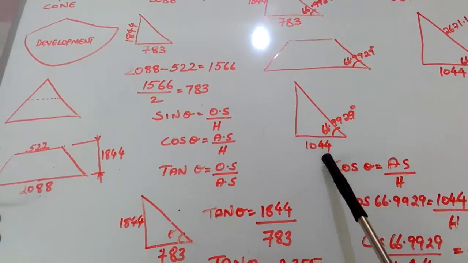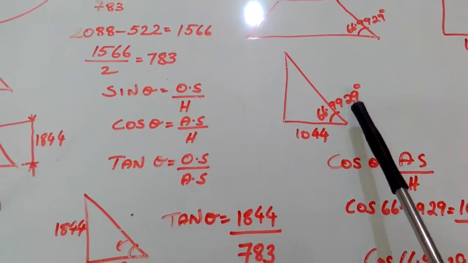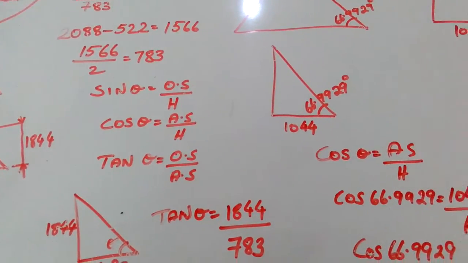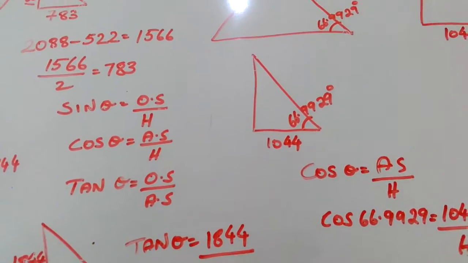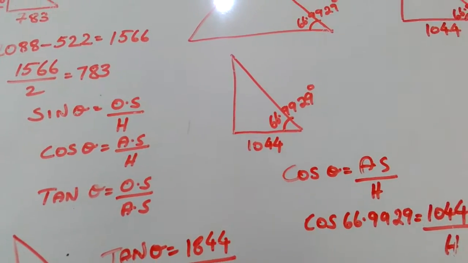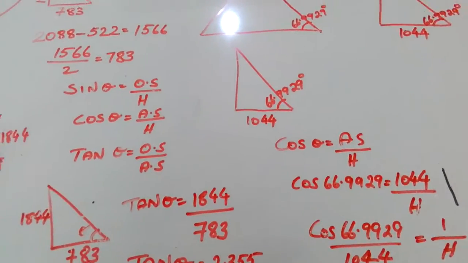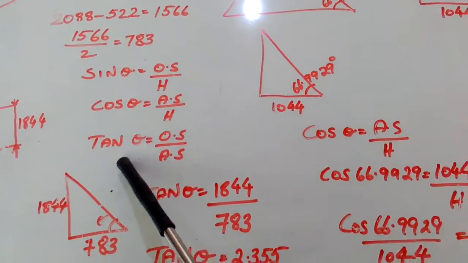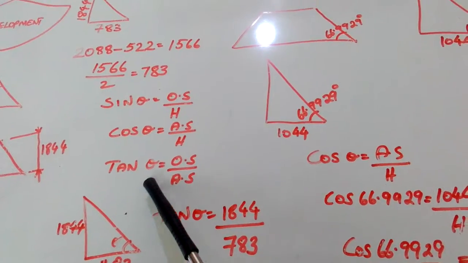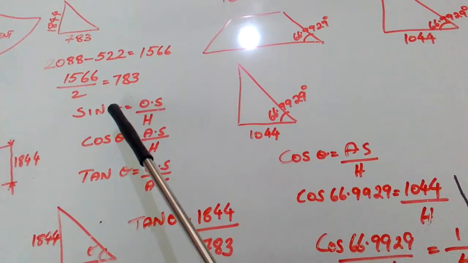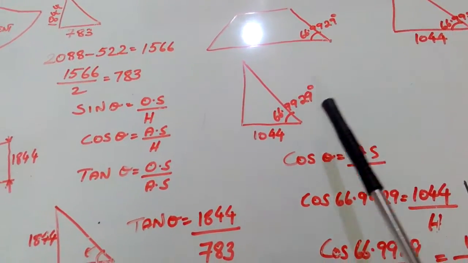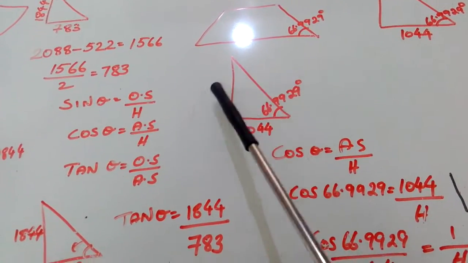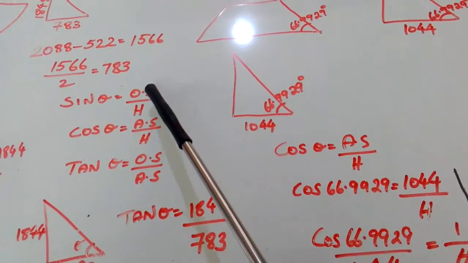So using this 1044 and this degree, how will we find out this length? There is no need for me to teach you about it, because you know it. In the last some episodes I have taught you very well. The formulas are sin theta, cos theta, tan theta. Of these three, which formula can we use? If we use sin theta, we won't have its opposite side and hypotenuse. Both measurements we don't have. So we can't use sin theta.